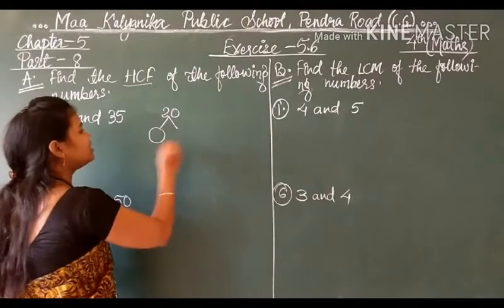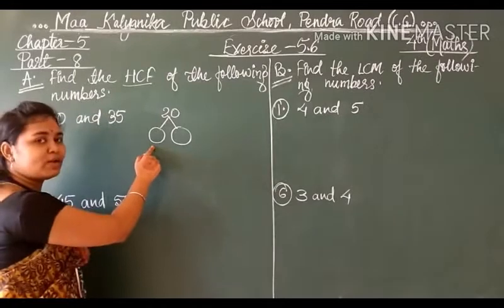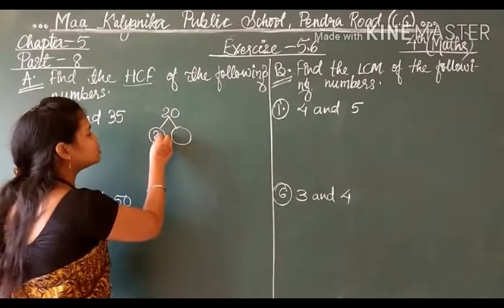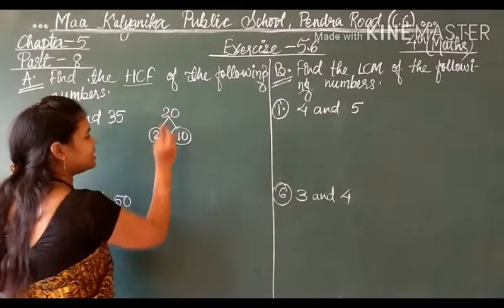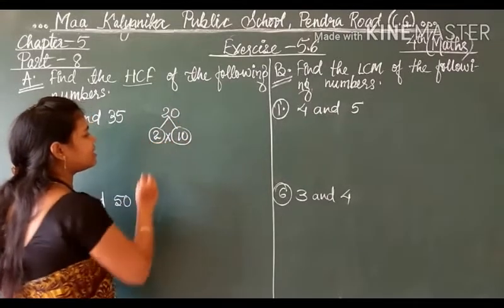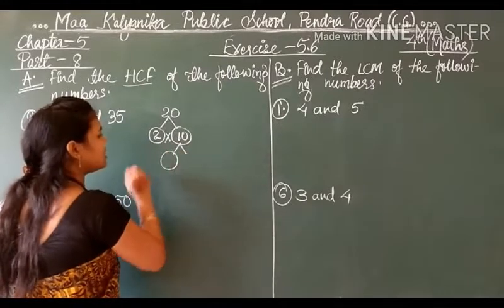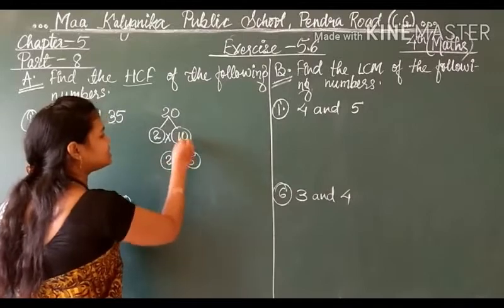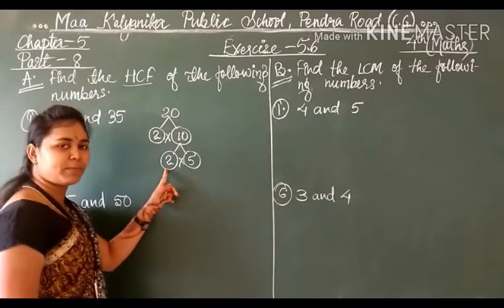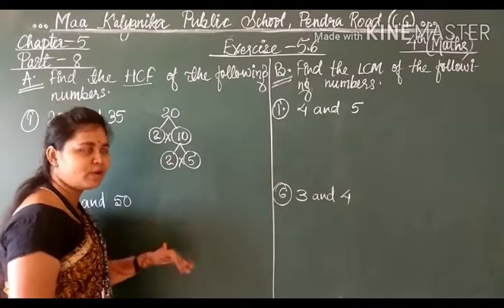So we can divide 20 in two parts. In the table of 2, 20 comes. So 2 multiplied by 10. 2 tens are 20. Now 2 cannot be divided further. 2 is a prime number. 10 can be divided. Now 2 multiplied by 5. 2 5s are 10. So now students, 2 is a prime number and 5 is also a prime number, so it cannot be divided further.